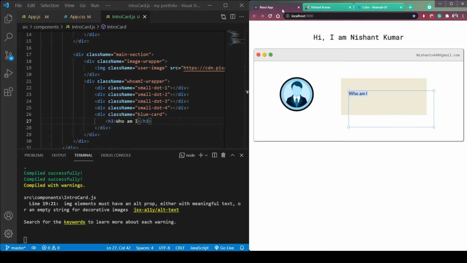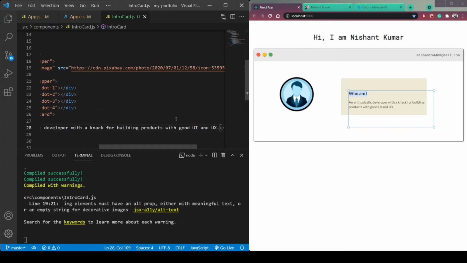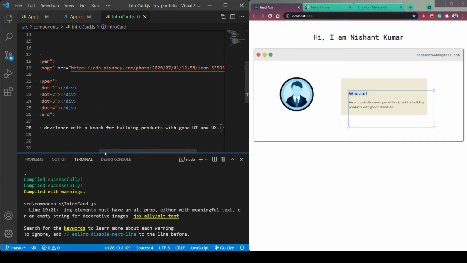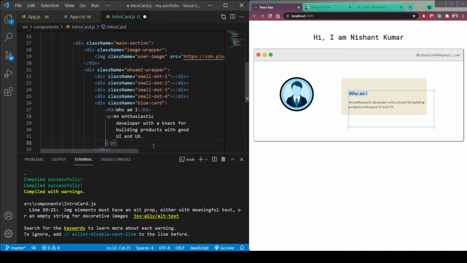So copy this, or you can add the text you want. So paste it here in the p tag. Save it.